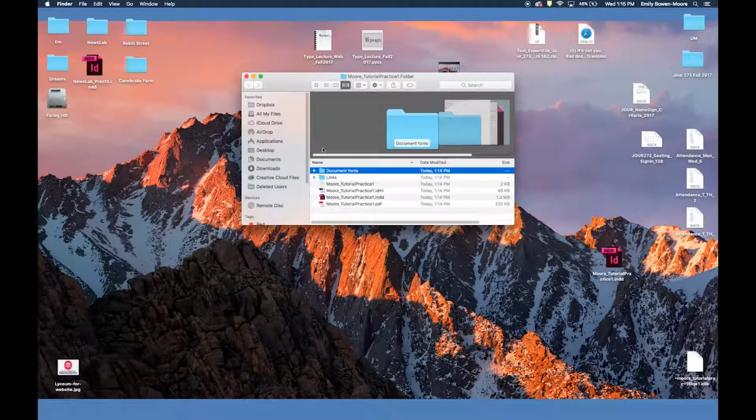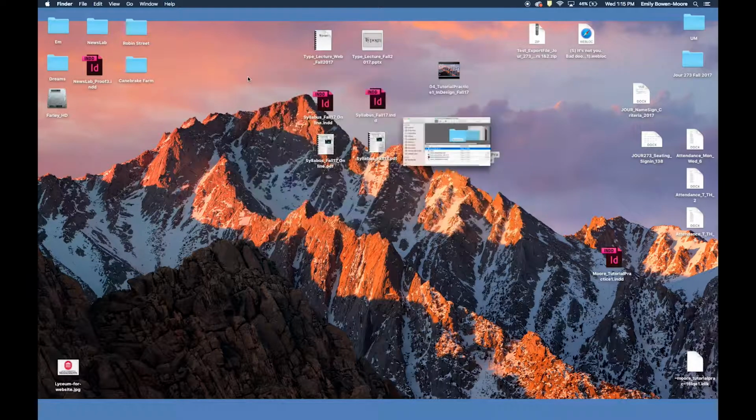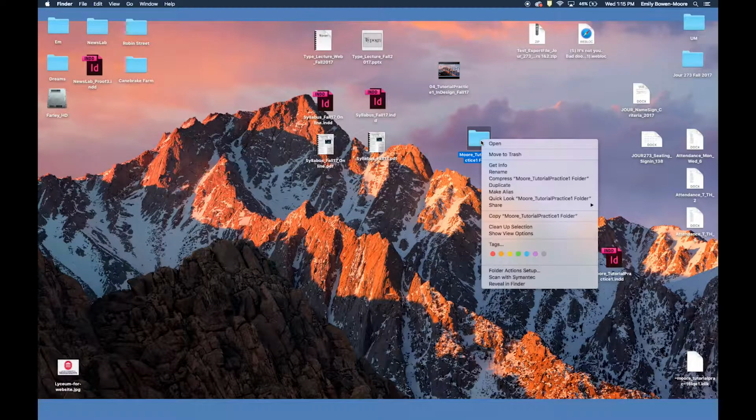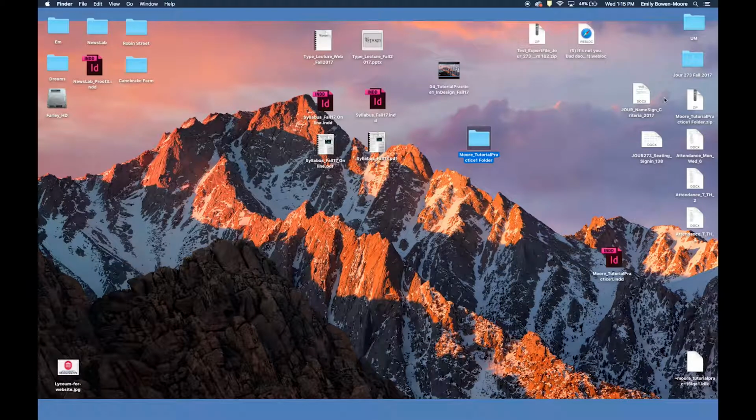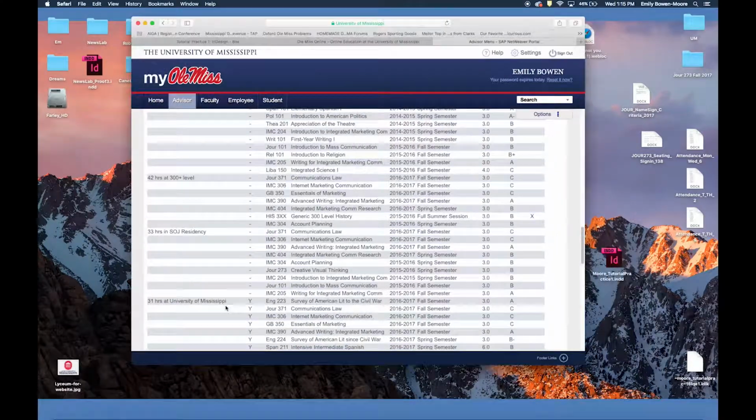All right. So what we're going to do to submit this is select the folder. I'm going to right click, or you can control click. And we're going to go to Compress, and what it's going to do is create a zip file, which on a Mac is the compressed version of your file. And when we go into Box,